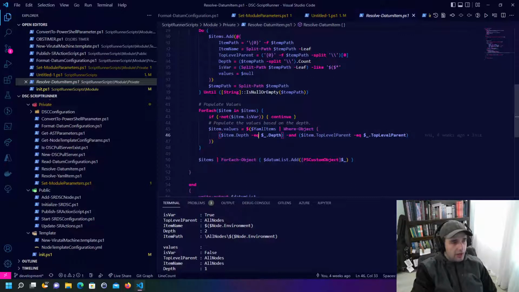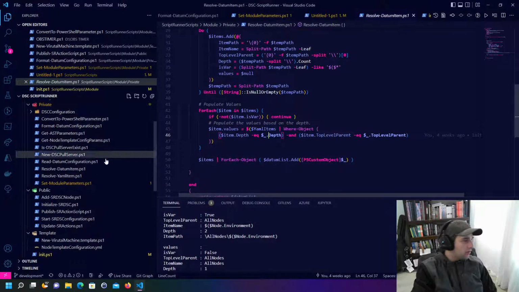Through that you grab your parent and you use a depth, and that's how you can calculate things within the structure. And then if you go